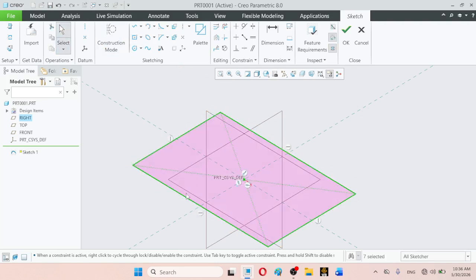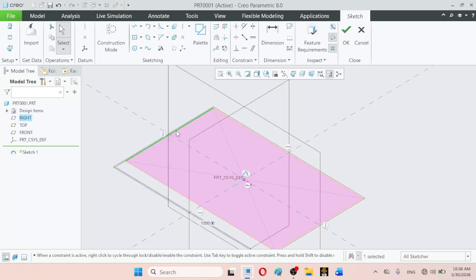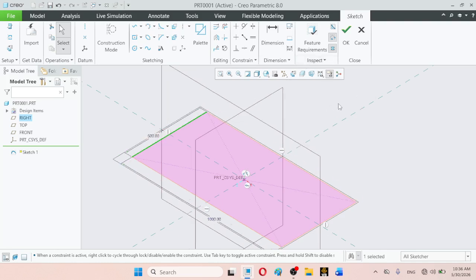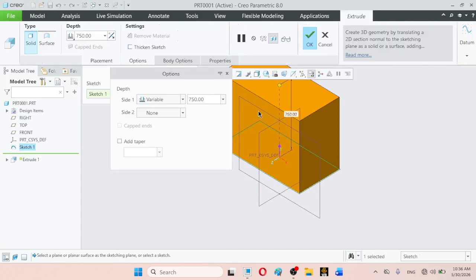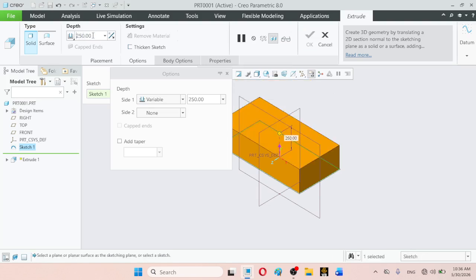We can set its known dimensions, for example its length to be 1000 and its width, for example, we can create any suitable shape. We have used the known dimensions for the model, so just extrude it, for example, say 250 units.